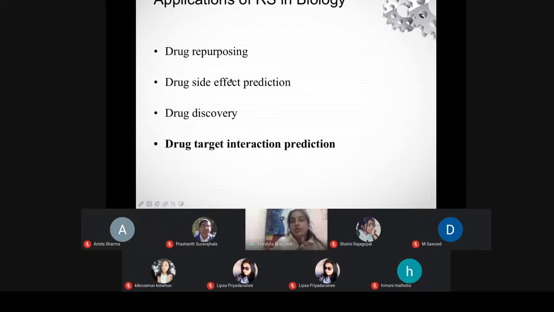Now, अगर हम first three की बात कर रहे हैं, तो the last one is the basis for all these three. ठीक है, drug repurposing, whether it be the drug side effect prediction or it be the drug discovery, ठीक है, तो यहाँ पे ये जो तीन हैं आपके, these all applications are related with the drug target interaction prediction problem. So when I talk about the drug repurposing, it means you are using an existing drug to cure some other disease other than that for which it was designed. ठीक है, next is drug side effect prediction.